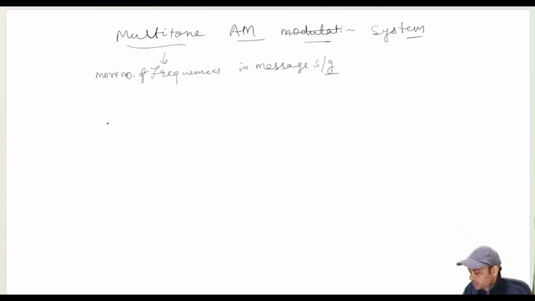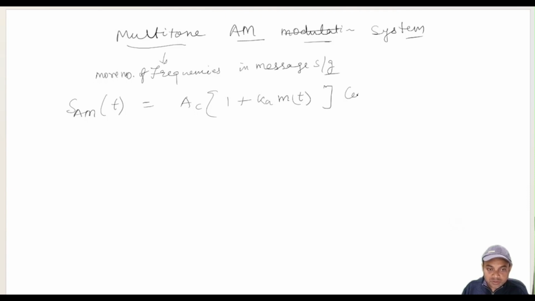It means that here we can write s(t) equal to Ac times (1 plus ka m(t)) cos 2 pi fc t. That is the expression we know. Now, in place of m(t), we will write not only one frequency but more than one frequency. For the multi-tone AM system the expression will be Ac into 1 plus